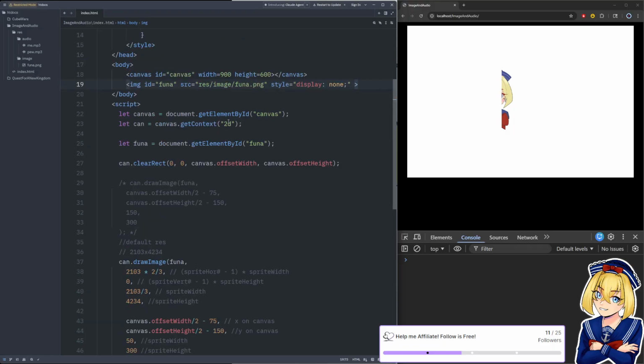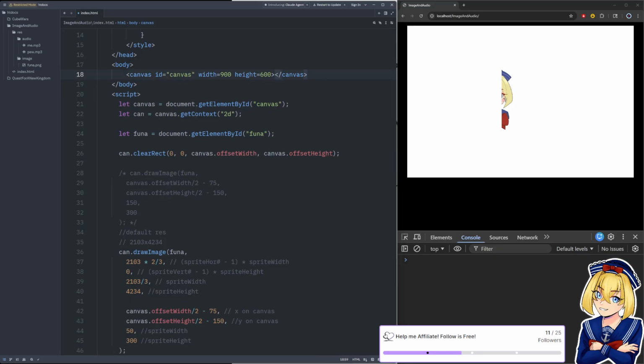But something you'll notice if you do this a different way is if you are making an image dynamically instead of already having it on the page,